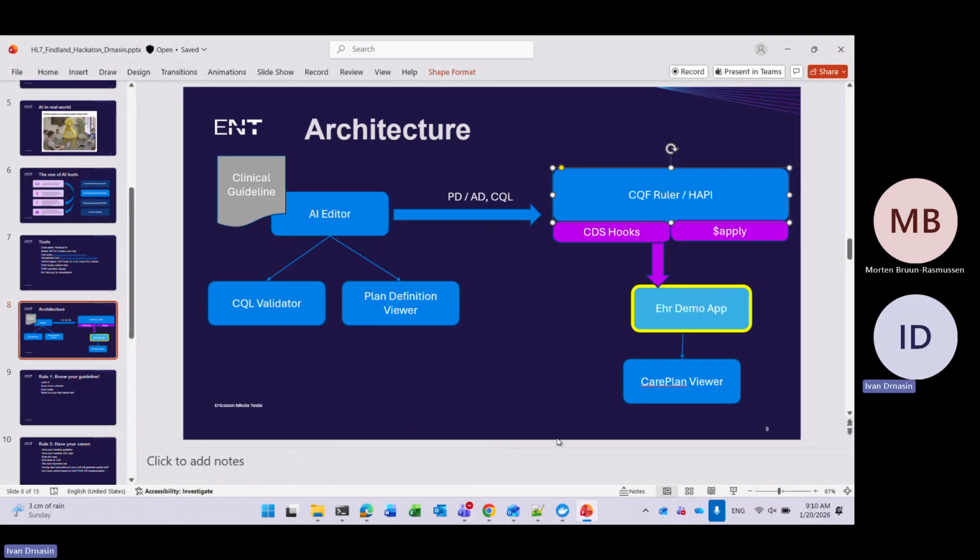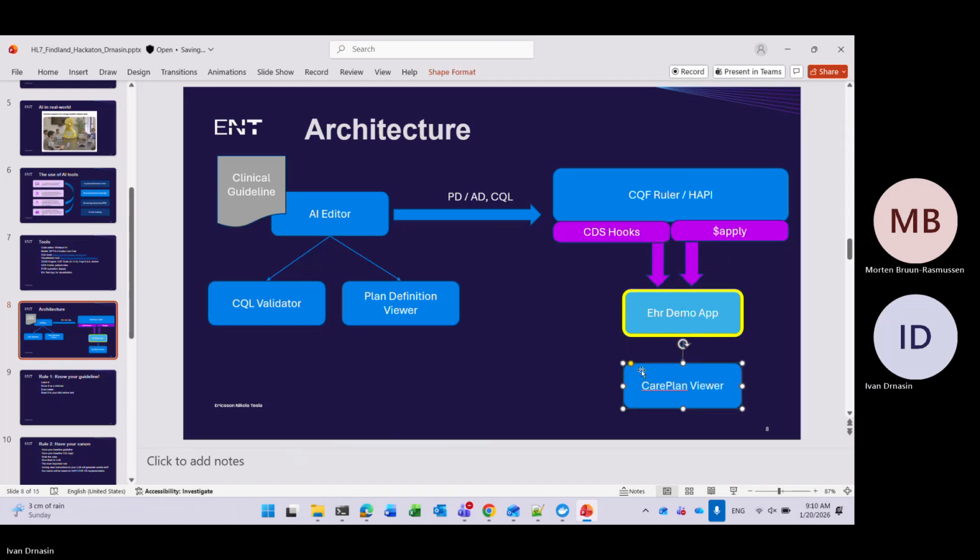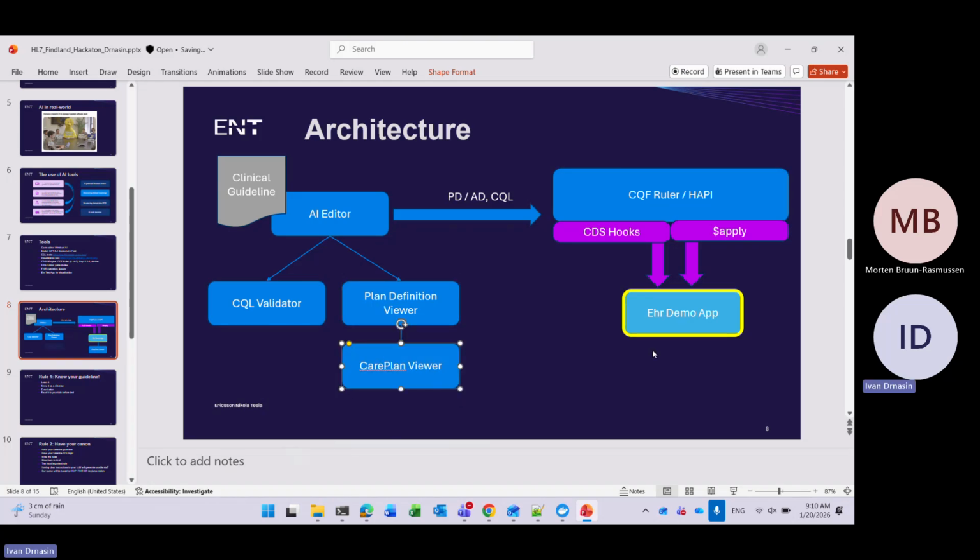Okay. I will just use serious hooks for that and apply for care plan. I also need a few moments to prepare the guidelines to push them to